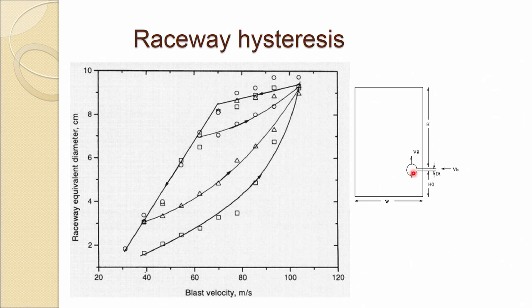So, if you plot this with respect to the blast velocity, this is the raceway equivalent diameter. The raceway size is continuously increasing as you increase the velocity, and at a certain velocity you hold it, and now you start decreasing. So, when you start decreasing the velocity, what you find is the size of the raceway which you are getting